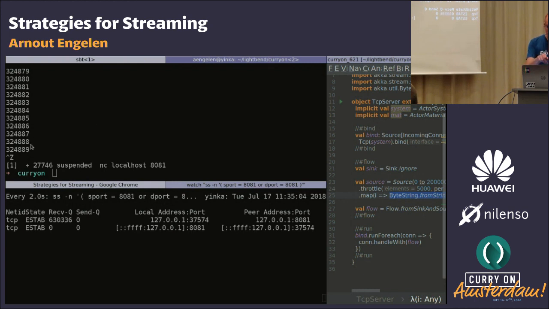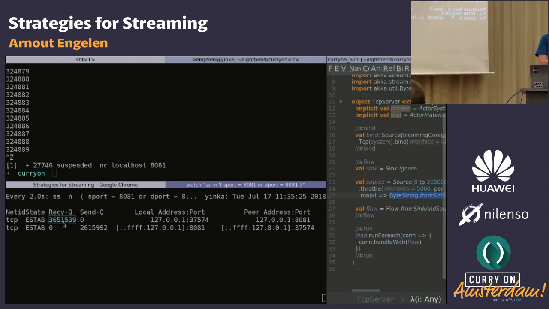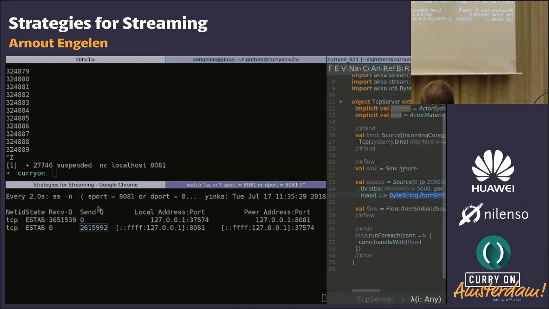And I can suspend our netcat command, so we stop consuming from the TCP connection. We see first the receive queue gets bigger and bigger, because the operating system receives the data, but we suspended netcat, so it's not passed to the application anymore. After a while, we also see the send queue increase for the application.